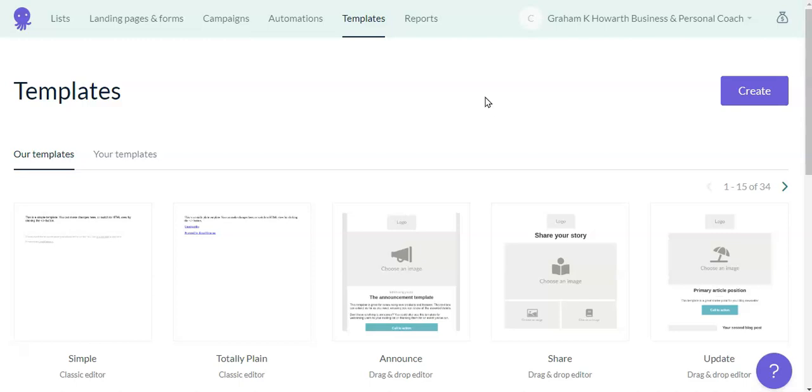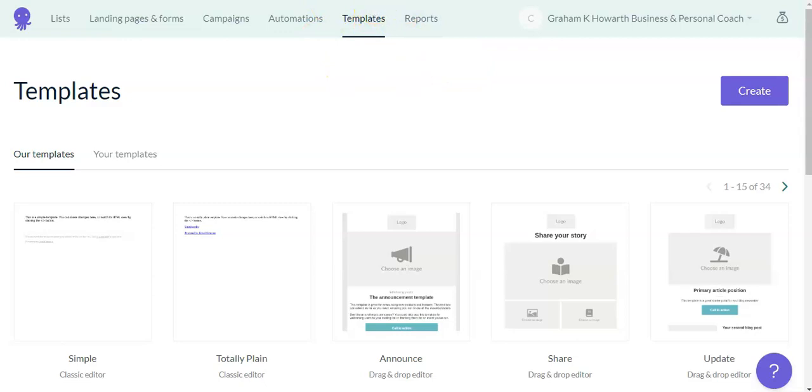In today's video we're going to look at creating a template to use in Email Octopus for our welcome emails. This video is going to build on the previous videos that we did, which were about creating landing pages within Email Octopus. If you haven't seen those videos, then I'll leave a link below and you can look at those and then come back to this video.